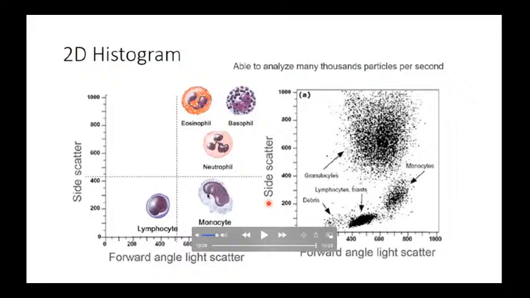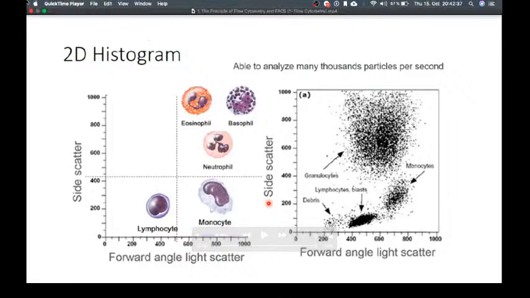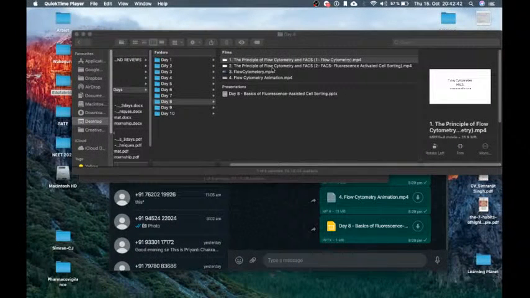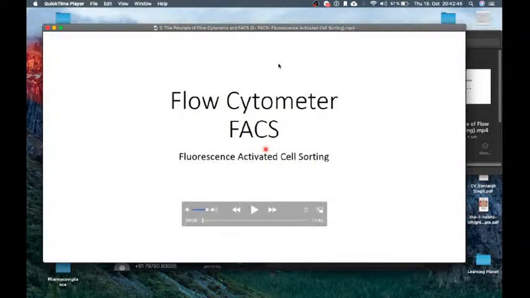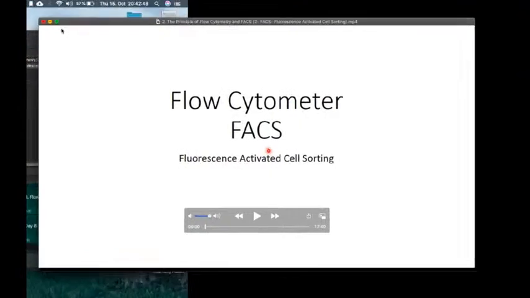So students, you understand how you differentiate between your monocytes, neutrophils, eosinophils, and basophils, having a forward scatter and side scatter, having the complex and the large cells on top, and simple cells and small cells to be here like debris, and big cells and simple cells to be on this side, complex cells and small cells to be on this side. So in this way we can differentiate between our cells. Now comes the next part, FACS analysis. So that was flow cytometry before. Now comes the next part of it.